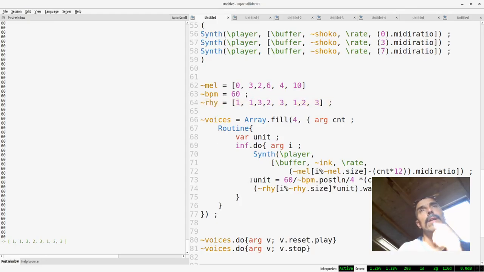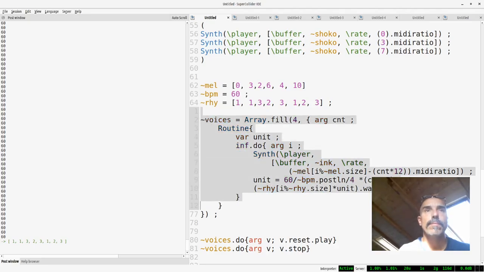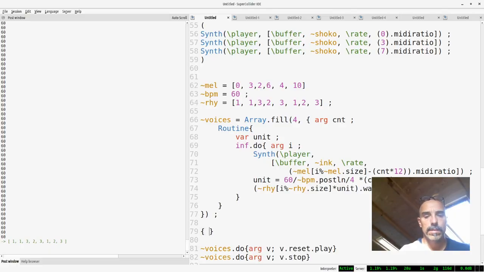Okay, then of course we can have various routines, like we can have something doing infinite time do fork, and we